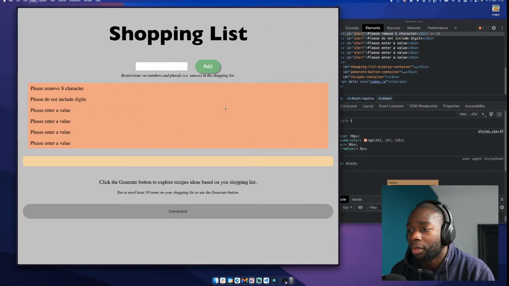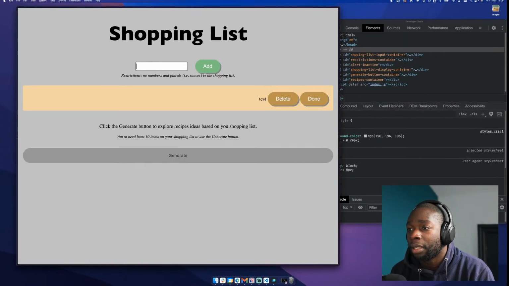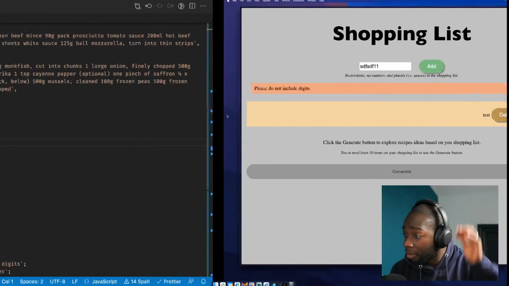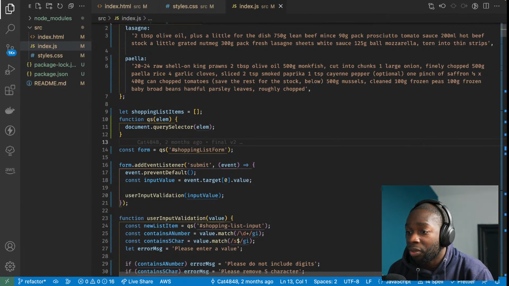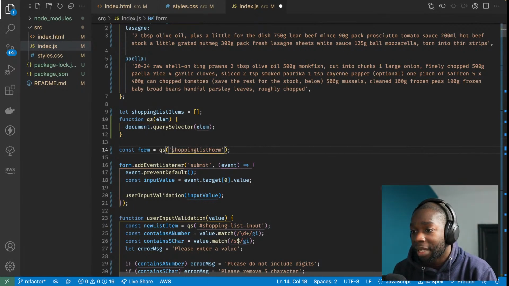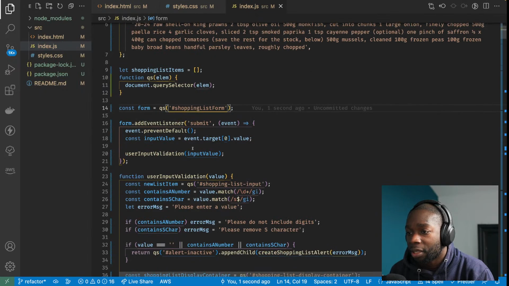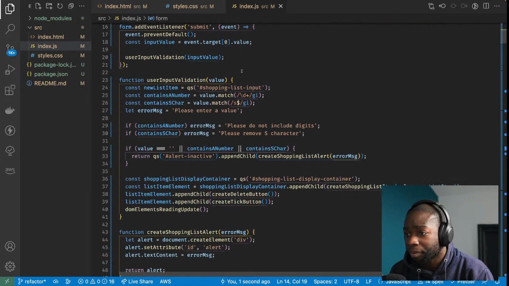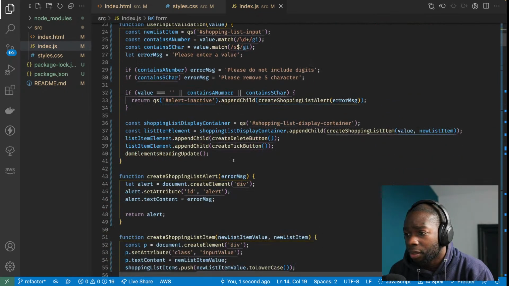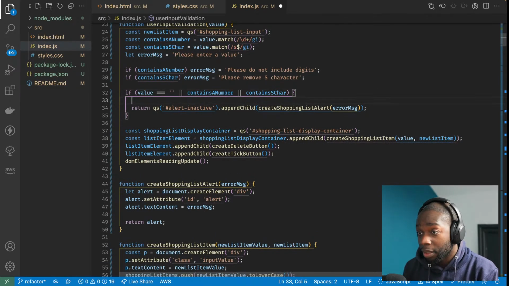Cool. So with that done, I can do test, and that should still work. Even if I do an error, I still get an error. And I could use a class. So if I wanted to use a class, it would just be dot, and then that's the class. That's much preferred. I much prefer that. Okay. So with that in place, what we can do is say here you can do